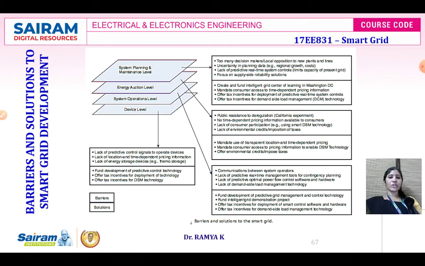Next is going to be your device level. Device level in the sense we have to connect the smart meters. Smart meters can be connected throughout your circuit, and you have to identify where we need to connect the sensors, because power theft security level is more important in case of your smart grid, as there may be a chance for the end users to tap the power without the knowledge of the main power generating people. Therefore, the device level has to be enhanced in all aspects.